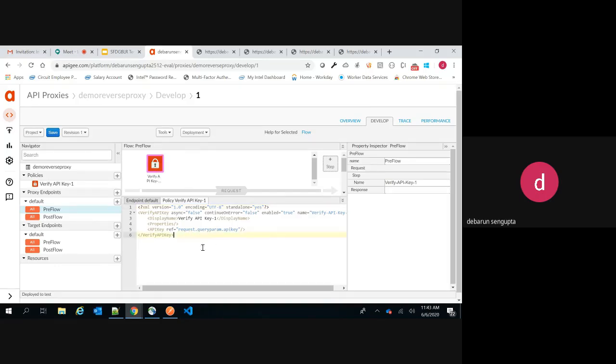If you click on this, this is the API key, and this line is request.queryparam.apikey. What it indicates is that if you make a call after saving this going forward, you have to provide the API key in the query param. If you don't provide it in the query param, it will not work. It is not mandatory to always provide it in the query param. You can provide it in the form params also, then you just change this to request.formparam.apikey. But by default it comes with query params.